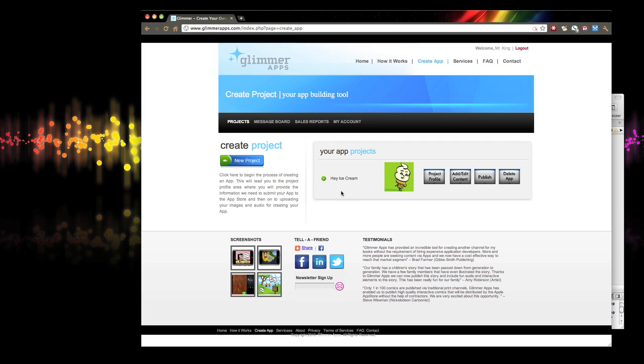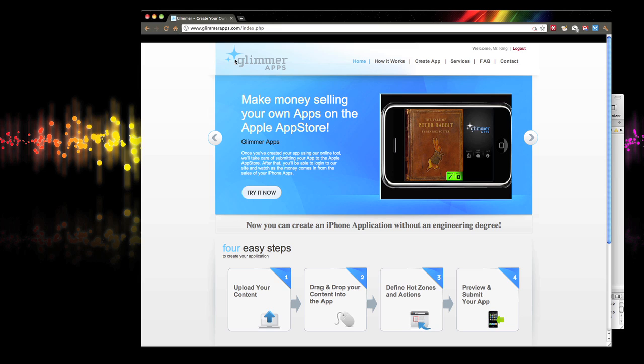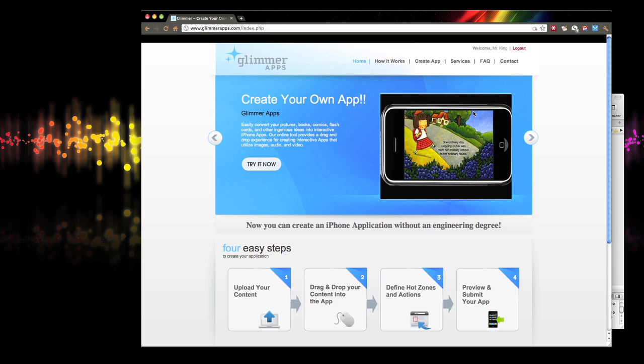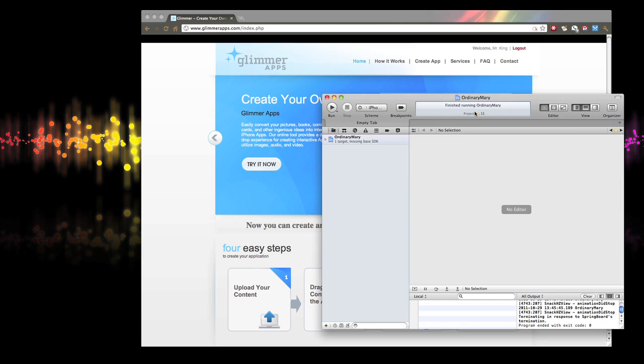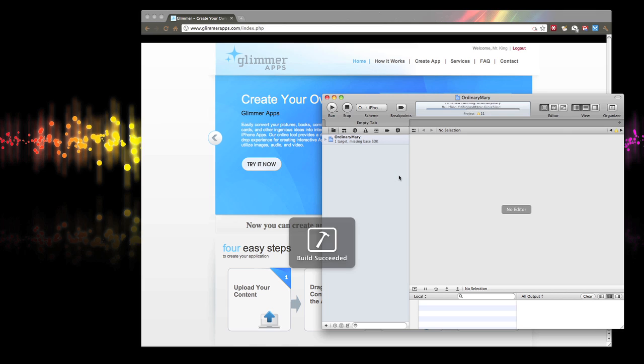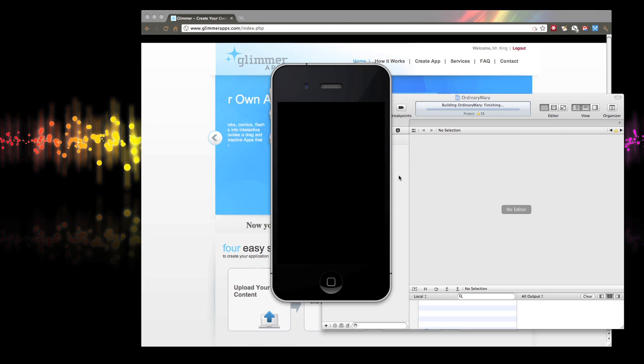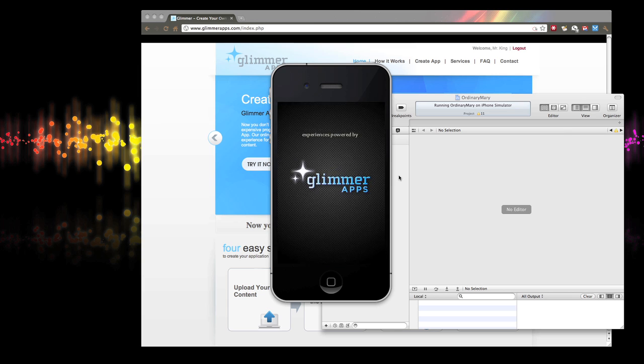Okay, so the first thing I want to do to help make sense out of the authoring tool is to show you the finished product in the iPhone simulator. This is the URL you go to for the authoring tool, www.glimmerapps.com. Okay, so now I'm going to pull up Xcode and run it. This way you'll get an idea for how to organize your files and what each of the features in the